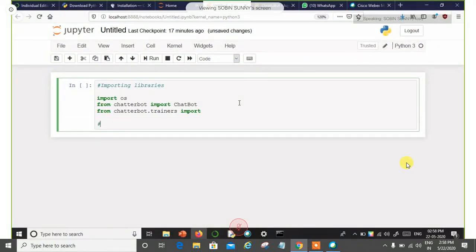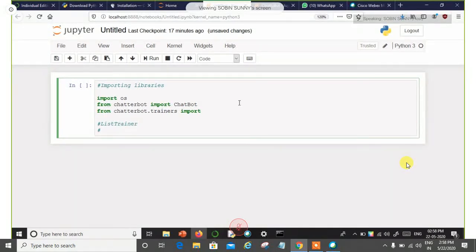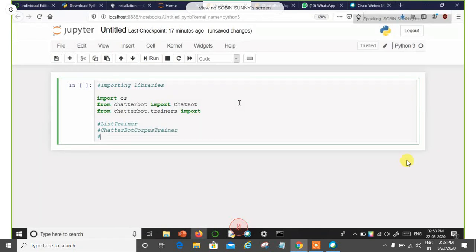Let me mention the names of some of them. One trainer is the list trainer. Another is the chatterbot corpus trainer, and you can also see something like the Ubuntu corpus trainer.